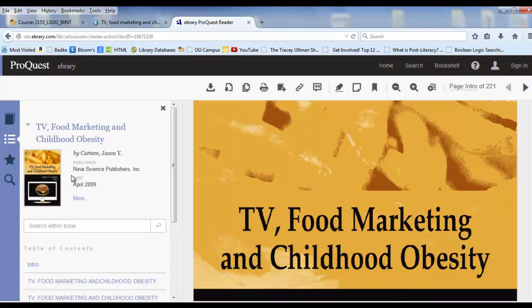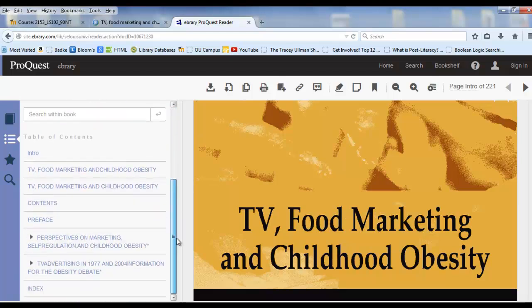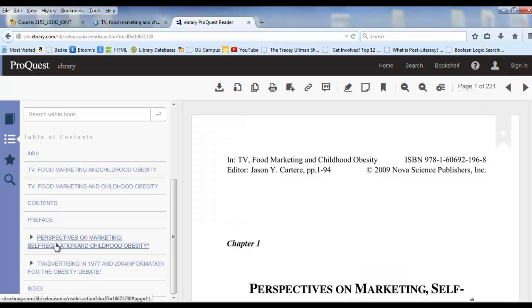So I click there, and we're already in the table of contents. As you can see, I'm mousing over it and it's pointing to it. On the right side here is the cover of the book, and I'm going to scroll down here, and this book is really only either 2 sections or 2 chapters. The first one is Perspectives on Marketing, Self-Regulation, and Childhood Obesity. So I'm going to click here,